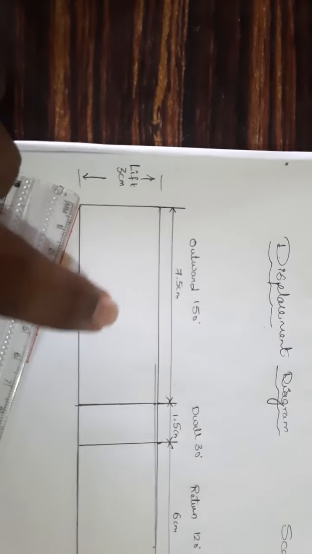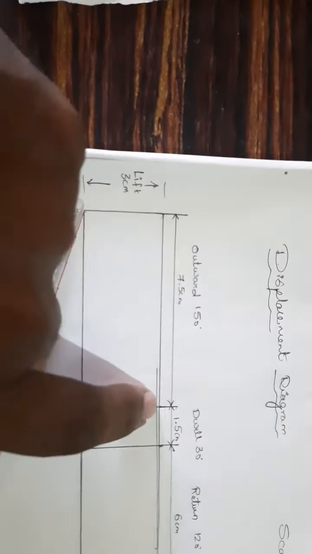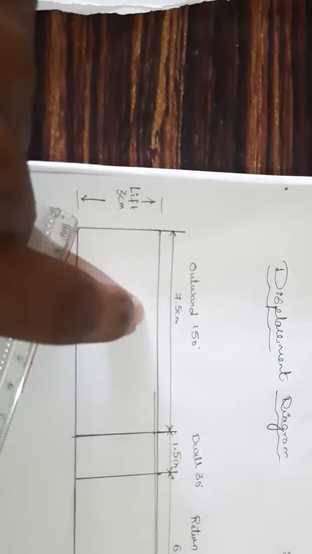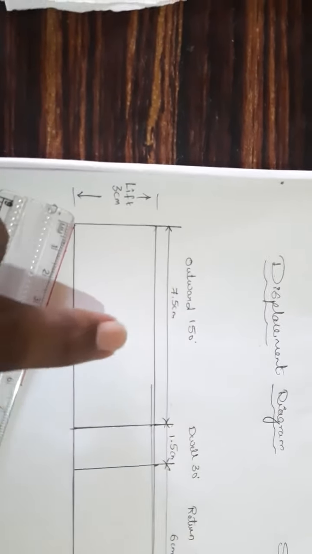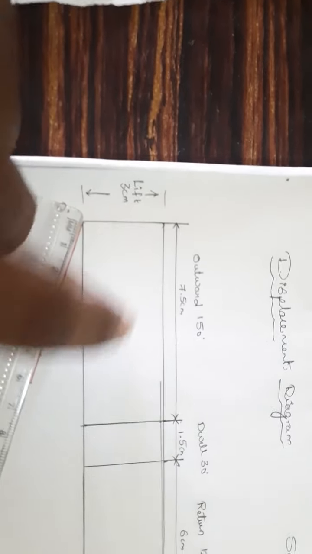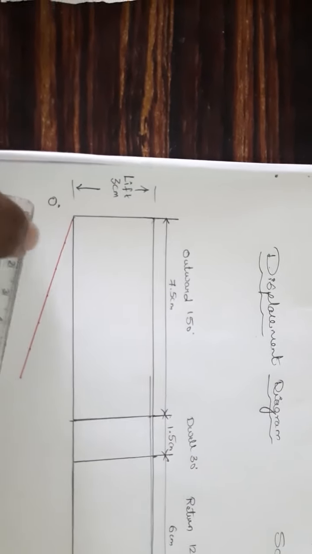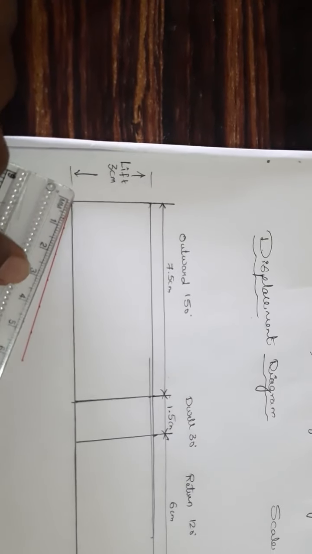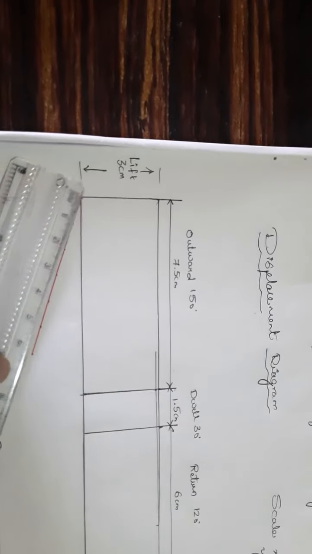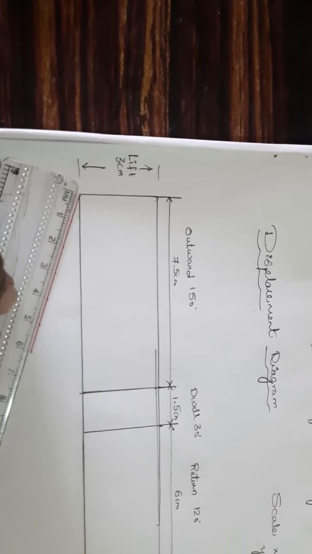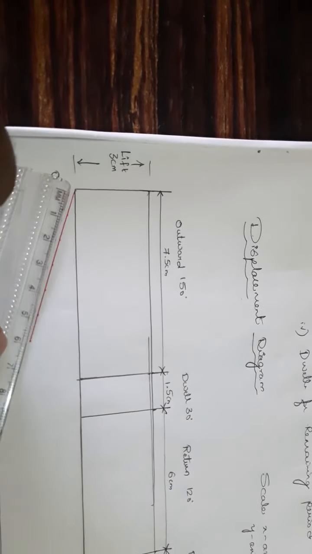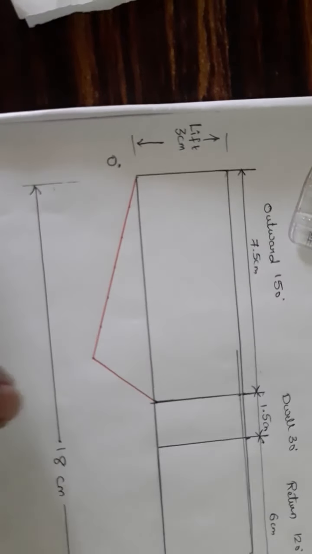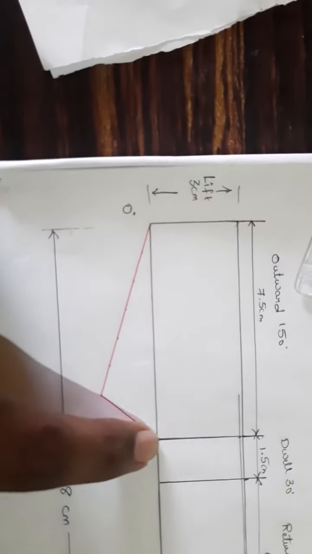So now divide this portion from here to here into 6 equal number of parts. 7.5 centimeter divided by 6 is very difficult to draw. So for that, an easier method is to draw a line measuring 6 centimeter and mark 1 centimeter each, till 6 centimeter. Connect the last point and the final point here.